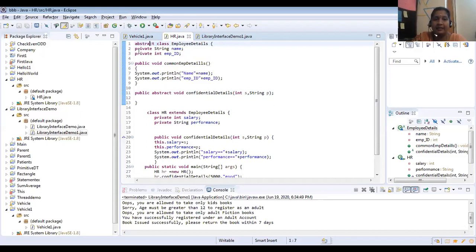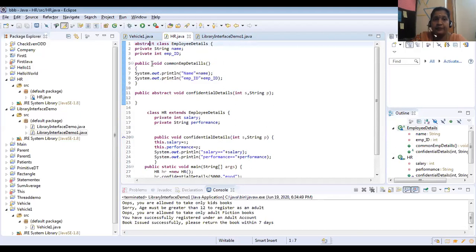Here I have declared two variables, otherwise we can say fields: one is name, another one is employeeID, both are private. Inside the open braces of this abstract class I have written one method: public void commonDetails. This is not an abstract method, this is a general non-abstract method, because I didn't use the keyword abstract here.